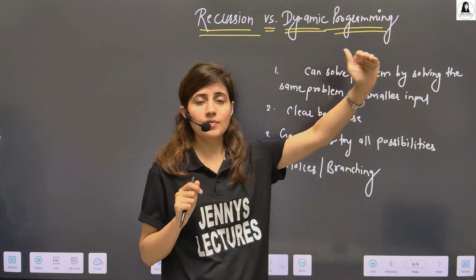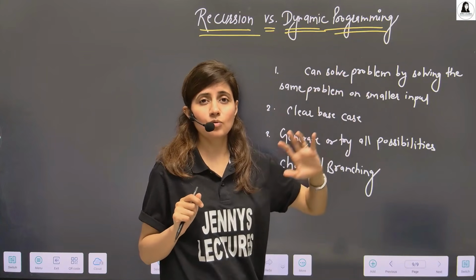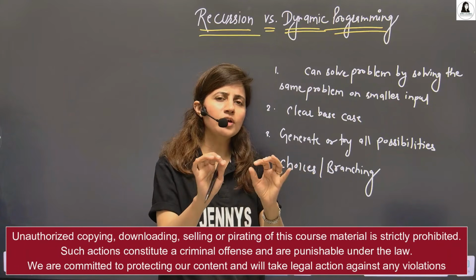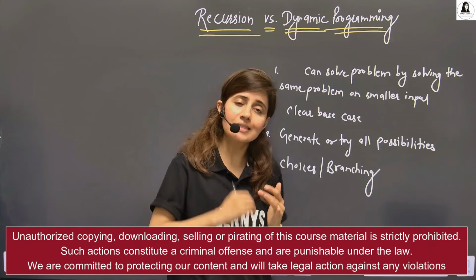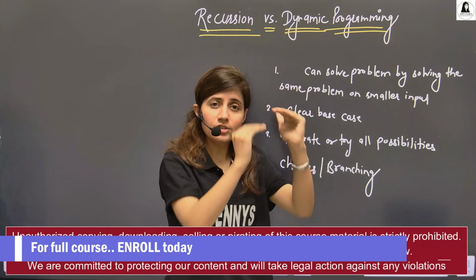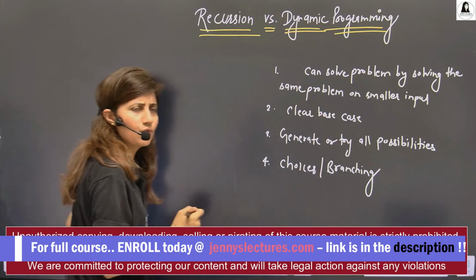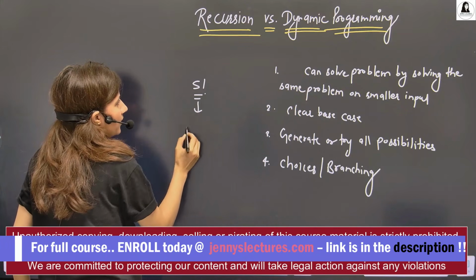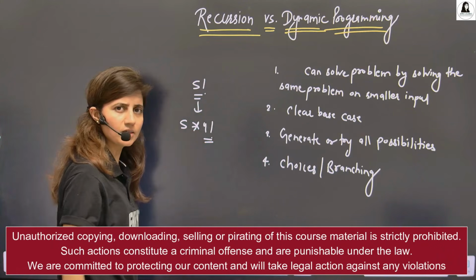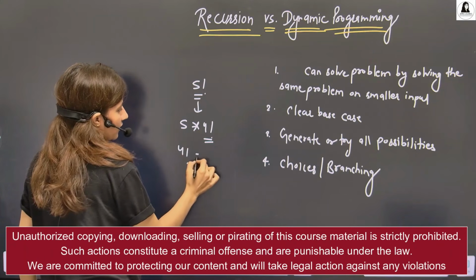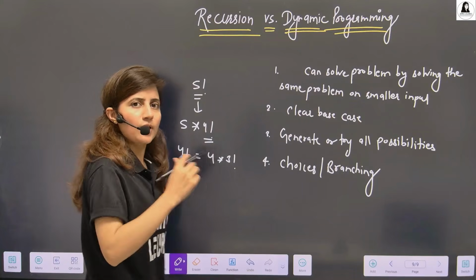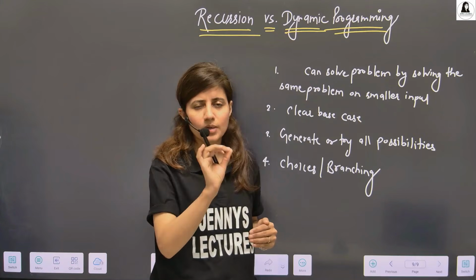We have discussed this in that recursion topic. I guess you should go through those videos first. You need to understand recursion. But briefly I'll tell you what recursion is. When a function calls itself, then it's recursion, right? Or when a function calls itself on a smaller input, like if you find the factorial of a number, 5 factorial, then can we simply write 5 factorial is 5 into 4 factorial? Or 4 factorial, can I write something like 4 into 3 factorial? So when a function calls itself on a smaller input, then it's recursion.